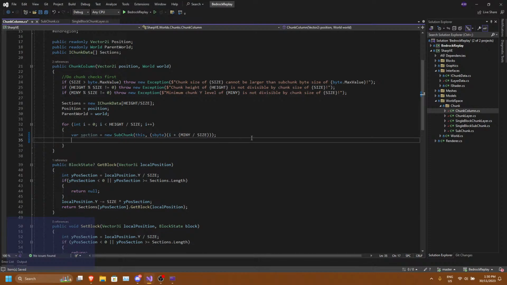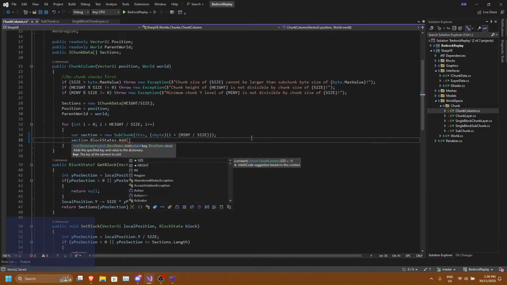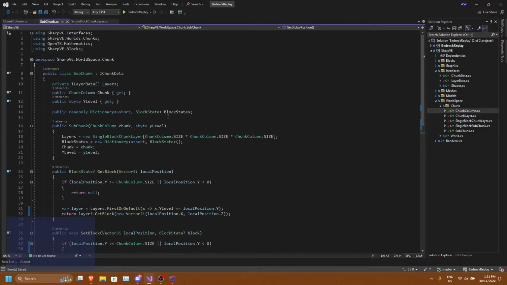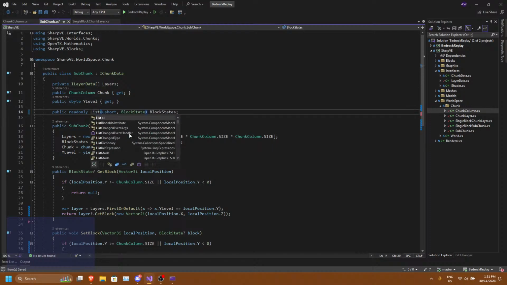Section dot block states dot add. Wait. Why am I using a dictionary? That's a bit odd. I shouldn't be using a dictionary. I should just use a list.